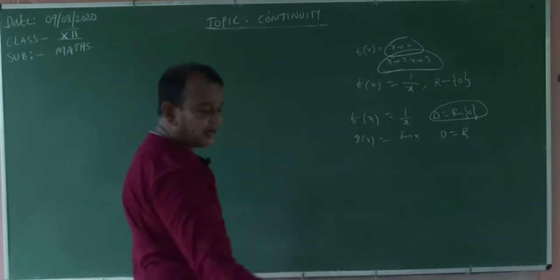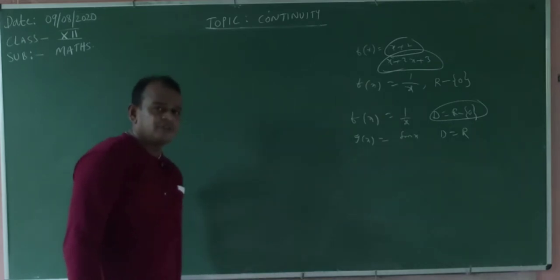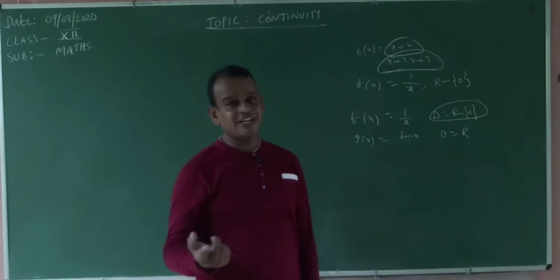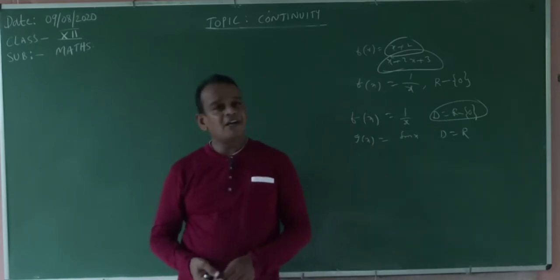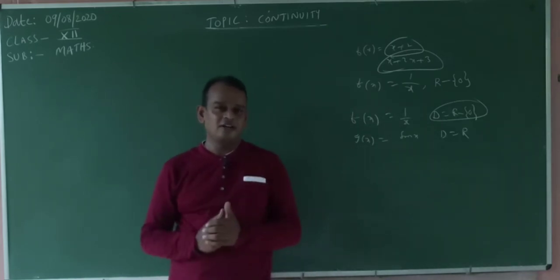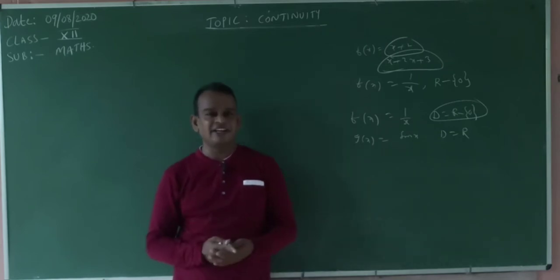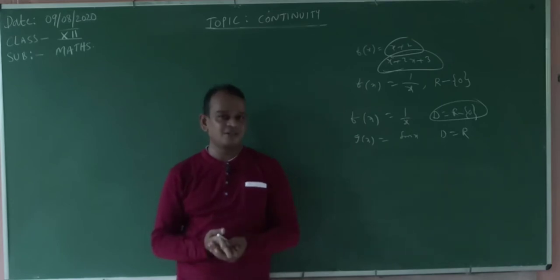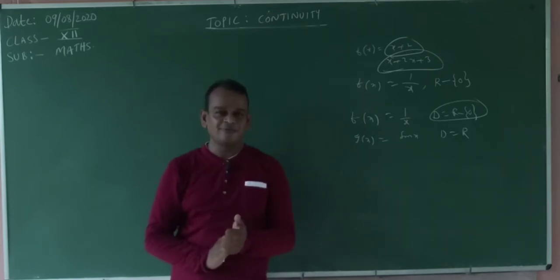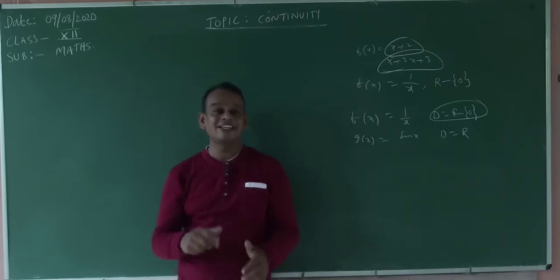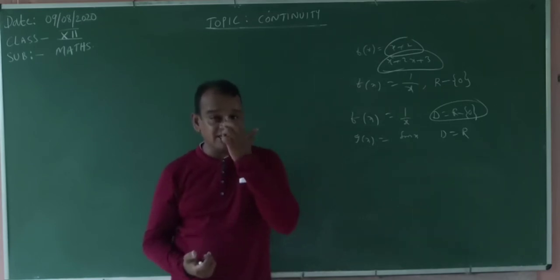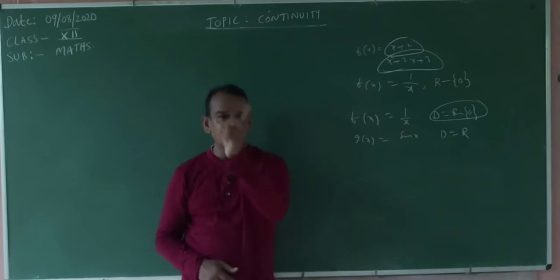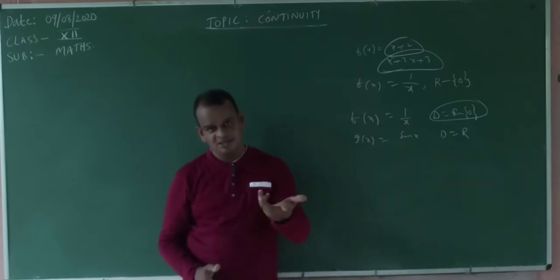Understood? Show that the sine function is continuous everywhere. Continuous everywhere, sine function. Immediately one idea, what is that one? What is the domain of the sin x? Real numbers. Range is -1 to +1 only. I am not asking the range, I am asking the domain of sin x. 100% R, real numbers. A function is 100% continuous on its domain. What does the domain mean? R.